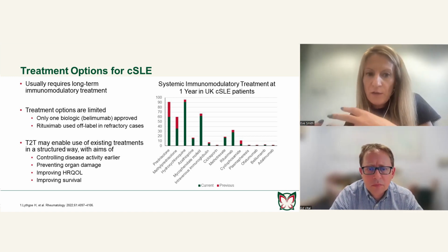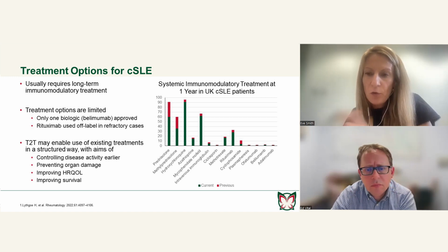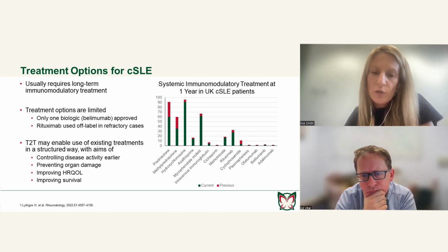So it would give us an opportunity to use existing treatments in a far more structured way to be able to control activity, hopefully earlier, in order to prevent damage and lead to improvements in health-related quality of life and survival. And this graph on the right-hand side is from that British Paediatric Surveillance Unit study, and it shows the treatments that patients in the UK are on at 1 year, with the green showing the current and the red